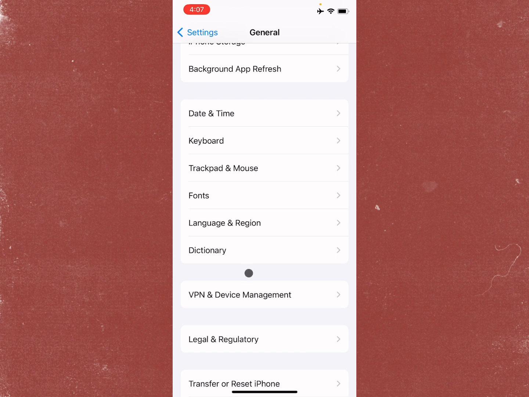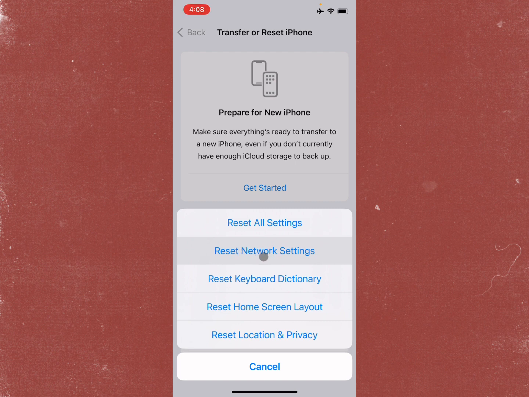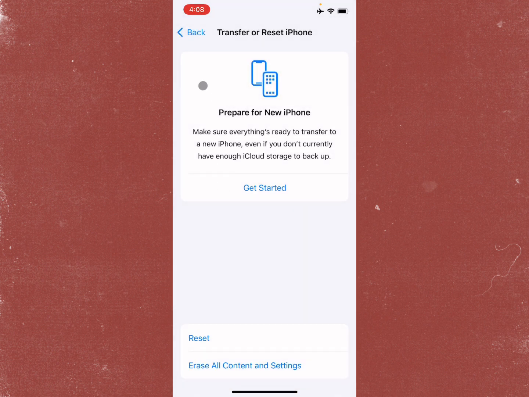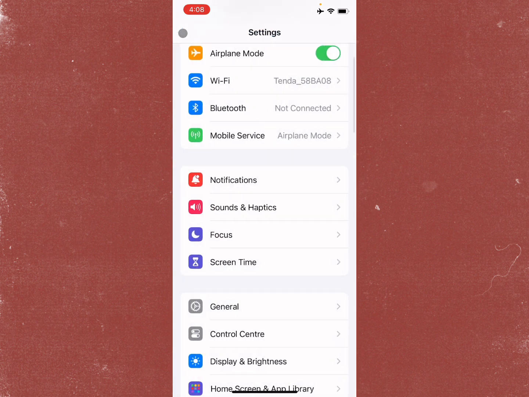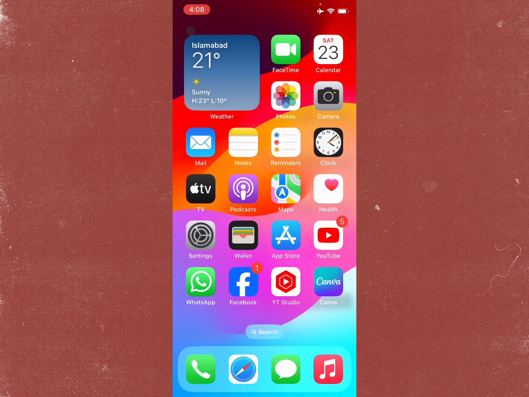So guys, maybe there is network problem on your iPhone. So guys, simply you need to click on transfer and reset iPhone, click on reset. And guys, you need to reset your network settings from here. And guys, after doing all the settings, you need to go back, and guys you must have checked for